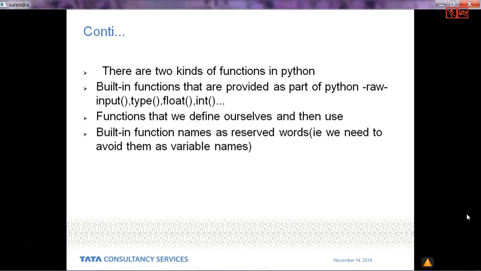User-defined functions are functions that we define ourselves and then use. If we want our own functions, we need to create and define our own function. Built-in function names are reserved words. We are not supposed to use them